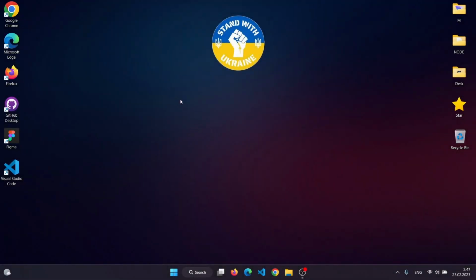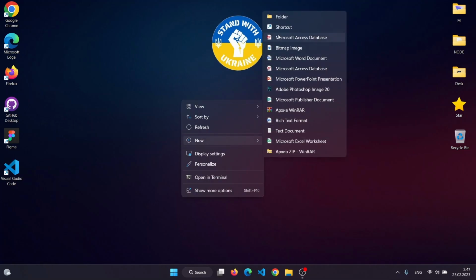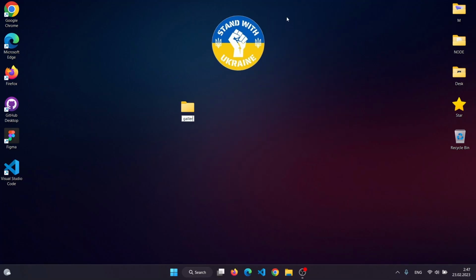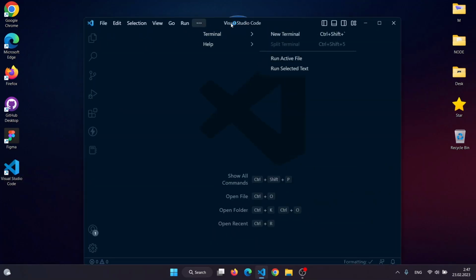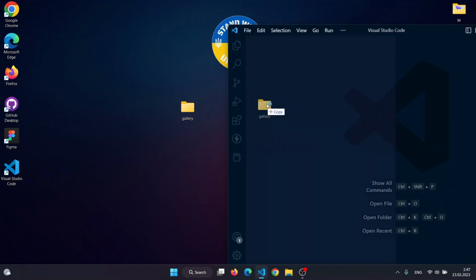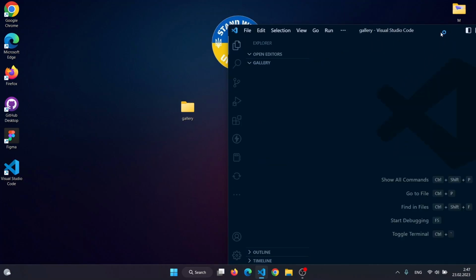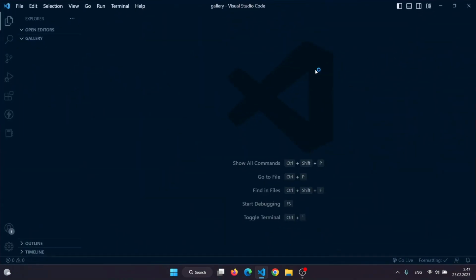Let's create a folder for our project. I will name it just gallery and then open your code editor. In my case it's Visual Studio Code. Just take it and drop it here. Nice. Let's create index.html file